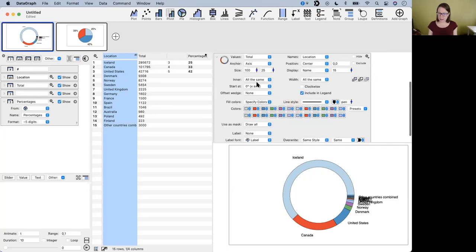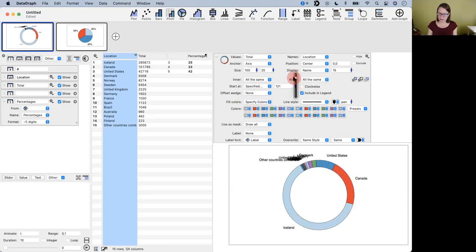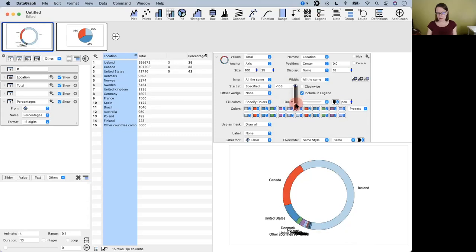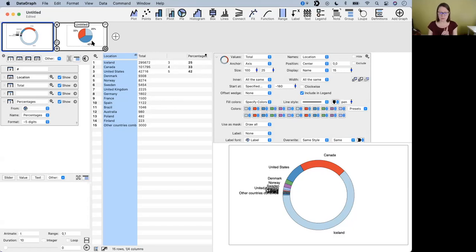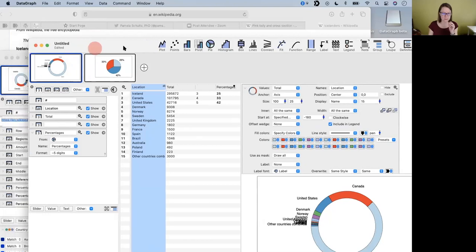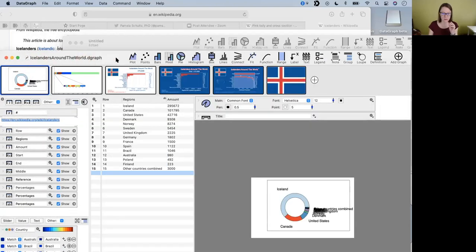One thing that does sometimes work is you can say start at and then change the rotation. If you have some labels that are really close together, sometimes a different angle will help. But for this data, it just wasn't working. So the next thing I thought about, in terms of comparing how many people are in Iceland versus other parts of the world, is, if I go back to the file that I have here,